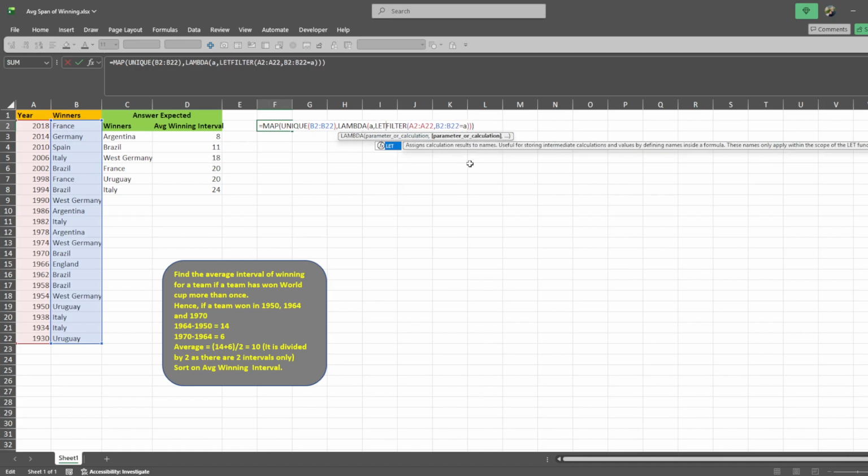So let R for whatever. That is R. Perfect. And now I have my years and I can now subtract them, right? This has 3 years, so 2. So I can